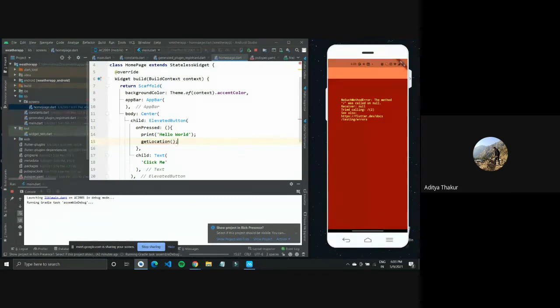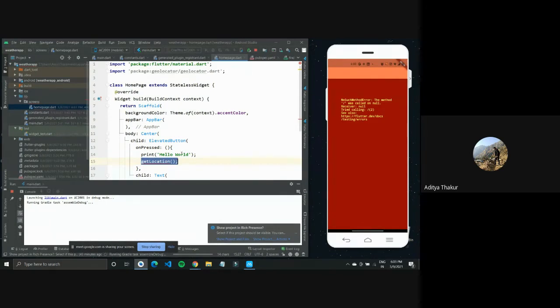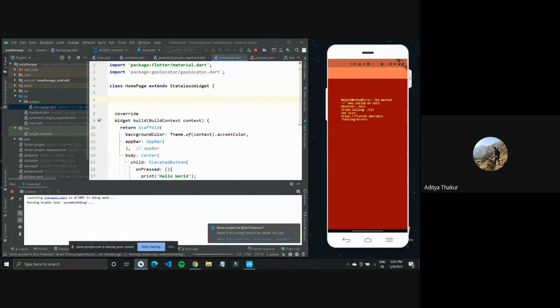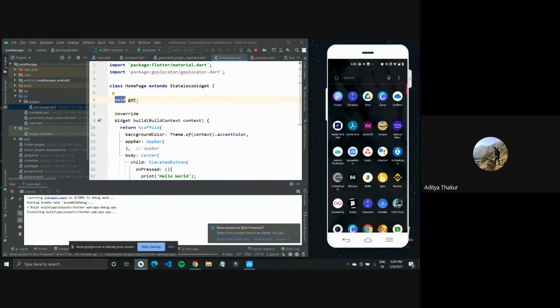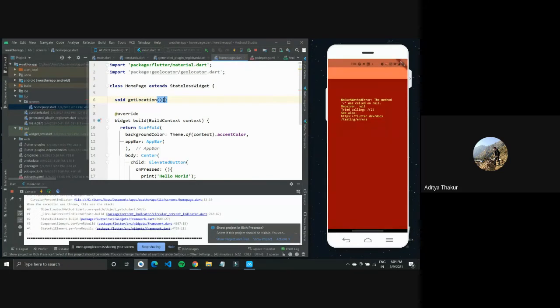So this is how you define a function. You write the function name and the parameter list. Since we aren't giving it anything, it will just be empty. Right now my function is just written here. I have not defined it yet, so it's showing a red line under it. So I'll just go over to the home page, extend and clear up some space and define my function here. So I'll type in void because this first word is generally the return type that we have in our application. So void get location. I'll type in the function name, type in the parameters. I'll keep it empty.